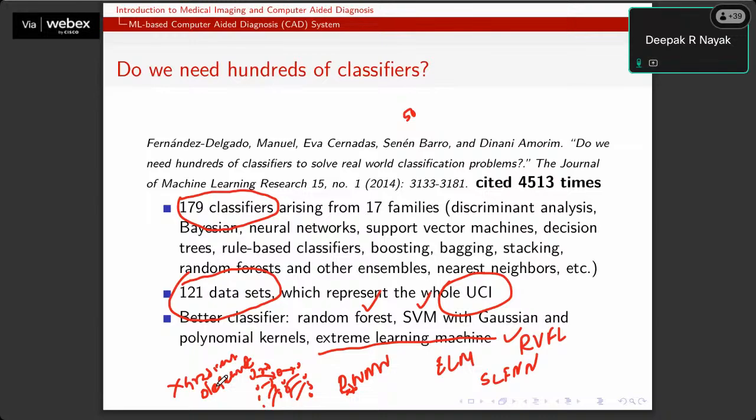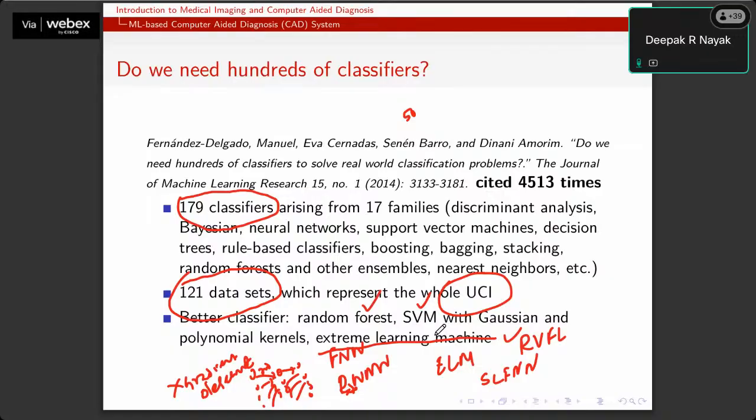You can go through the paper, but including these three, you must also have neural networks, the feed forward neural network. What they are claiming is that these algorithms perform really well on a diverse set of data sets. So you may choose these initially to solve your problem, and if they are not working, you may go for other classifiers.